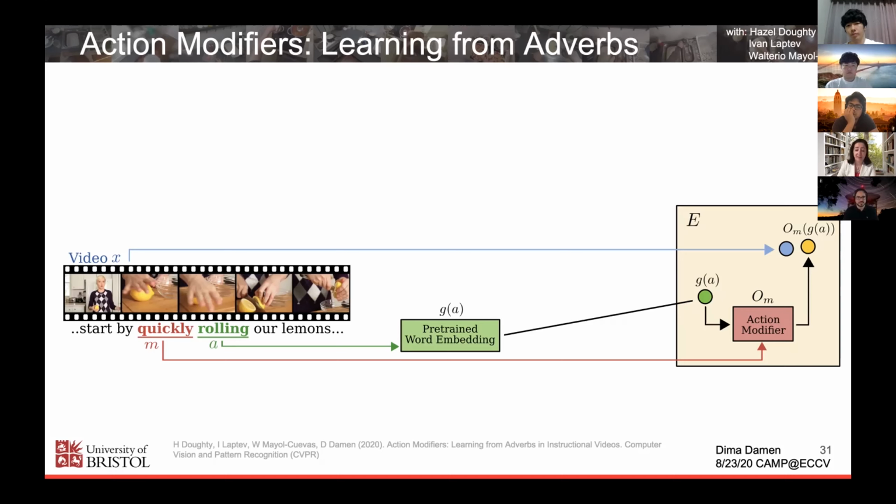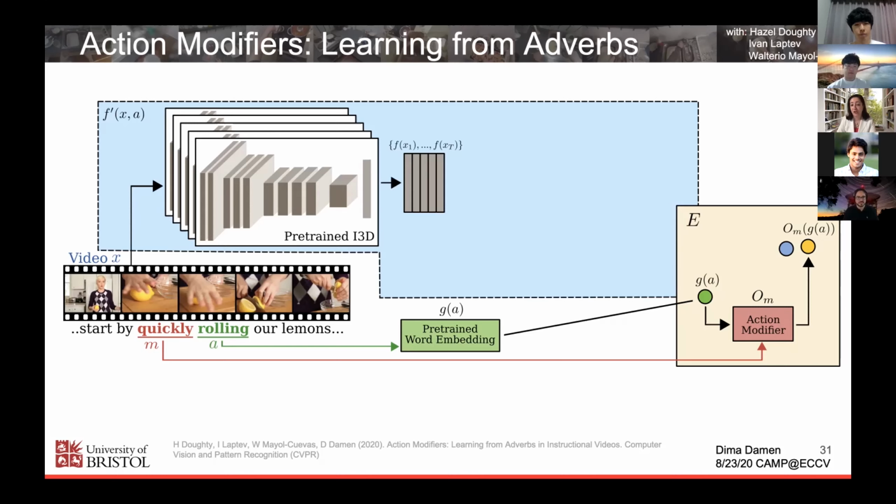Things would have been quite difficult to start with to do this task, but this has been added to by the complexity that these videos are not really very well aligned. People are saying, and now you roll quickly, but that might not be exactly positioned at the moment rolling is taking place. So in this work, we're learning this in a weakly supervised manner. And as a result, we're looking at the video around this sentence. We'll have different clips. Then these clips will be extracted with features, but we are looking to find the position where the person is rolling something.